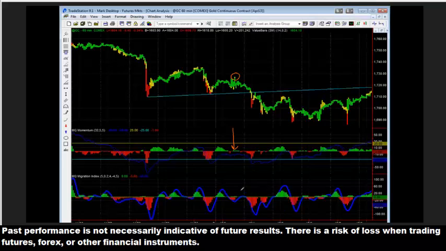Look at your migration index, it's down as well considerably, that high over here. And then you're also moderately overvalued in 60 minutes. I mean, there is absolutely extremely low risk there if you're trading in anticipation of that break. Okay, so that's just trading opportunity number 1 right here. This is really a great one, but you're anticipating a break.